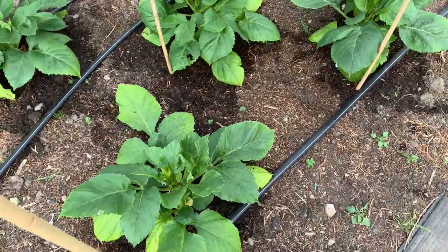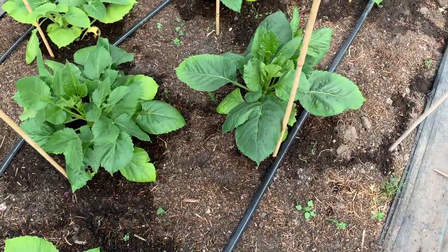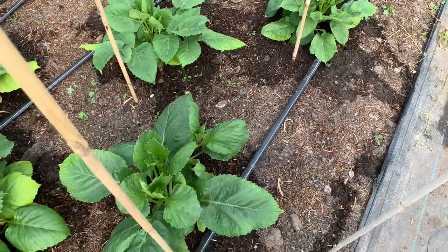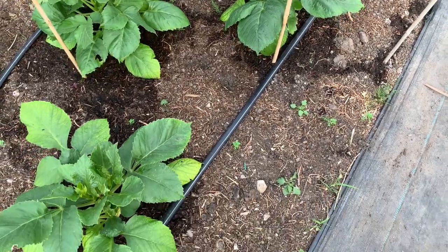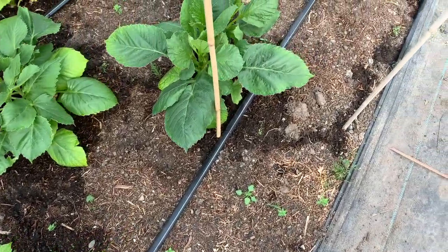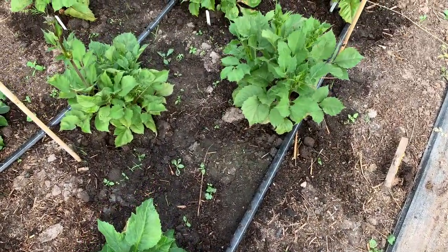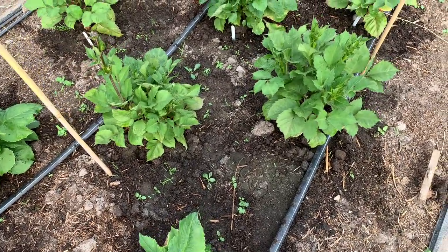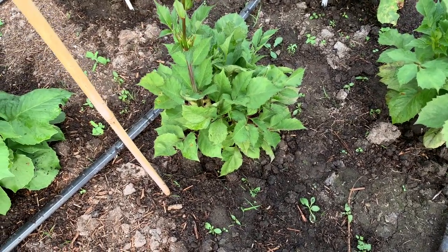The first few are cafe dahlias, and I started those off under heat back in February, and potted them on as soon as I could in the polytunnel, and they're doing fine. Cafe do tend to be a little bit slow in putting their buds out and flowers out, but the next ones along here are preference, which are rather faster usually, and we use those all the time for general cutting for bouquets, etc. And if you remember, these preference were started under heat back in March, so I kept